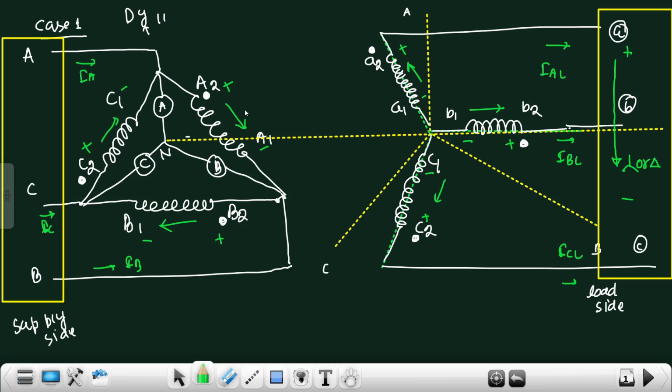So I'm considering that this is IPH1 on the HV side and this is IPH2 of the LV side. Okay, so this is the DY11 connection of the one way. And in order to confirm whether this connection is correct or not, we will take the help of a phasor diagram. So we know that in order to identify whether this connection is true or not, we will first of all find out the line voltage.